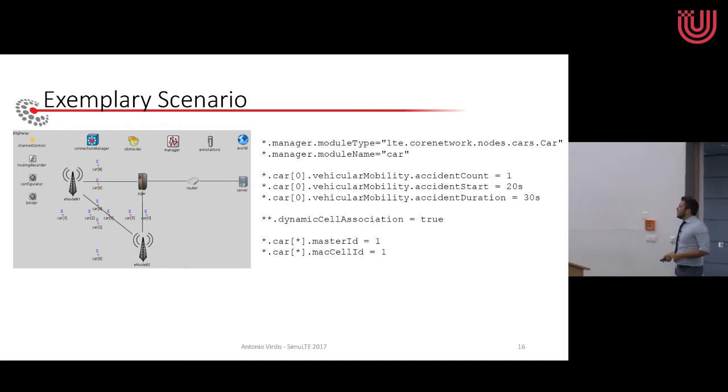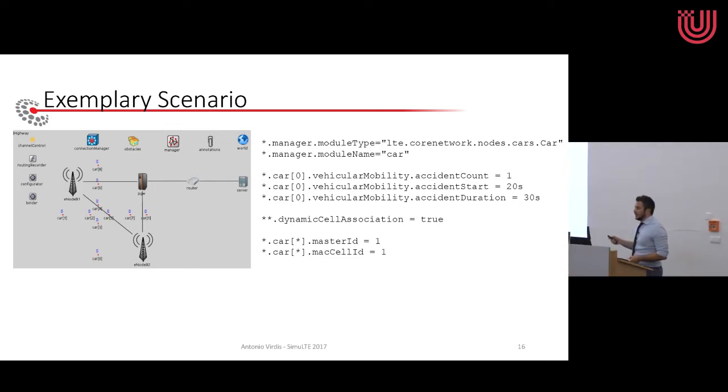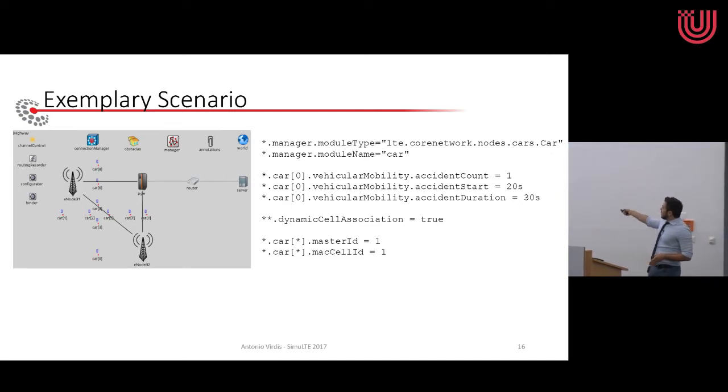Those are the main modules, the main parameters taken from Veins, which basically specify which modules will be involved in the traffic management, so in vehicular management. We can, of course, specify all the parameters related to Veins in the same manner by just referring to the original car element we just created.